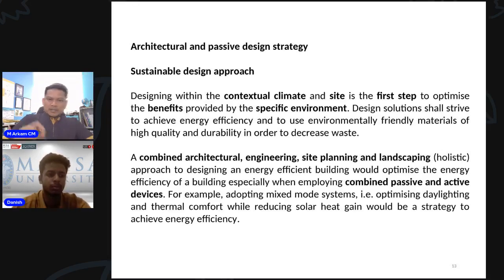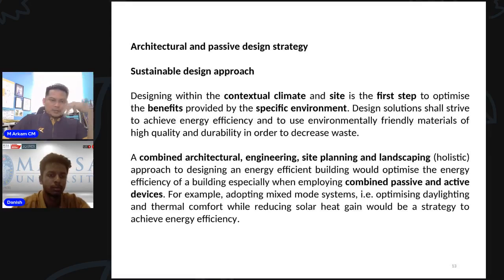So it becomes different. Design solutions shall strive to achieve energy efficiency, to use environmentally friendly materials of high quality and durability in order to decrease waste. Decrease waste in this context is decrease waste in terms of energy waste. Combine. So this is important. This second paragraph is important. Combine architectural, engineering, site planning, and landscape